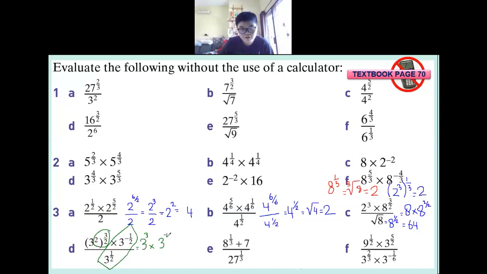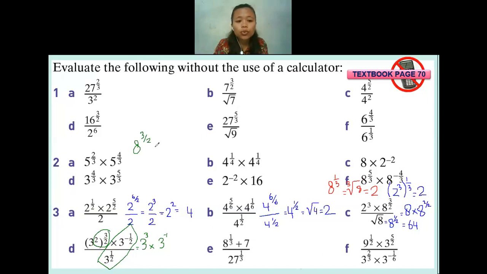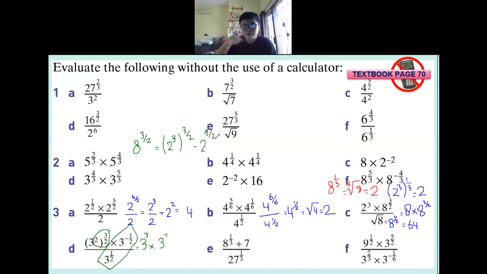Teacher, I have a question for 3C. Can 8 times 8 to the power of 3 per 2 become 8 squared? How many? Can you repeat again? 8 times 8 to the power of 3 per 2, because I simplify the 2. When 8 becomes 2 to the power of 3, to the power of 3 per 2, it equals 2 to the power of 3 and then gets another power which is 3 per 2. So in the end we will have 2 to the power of 9 per 2.